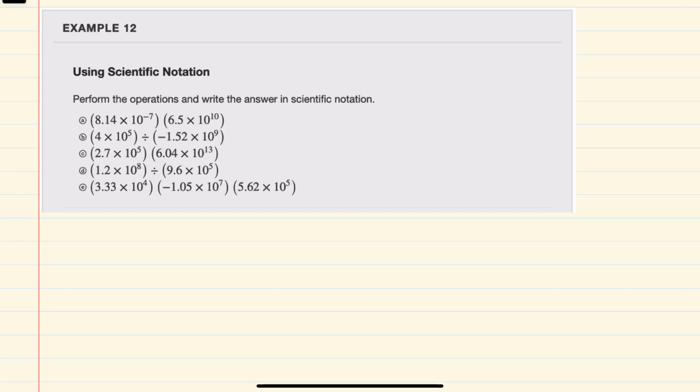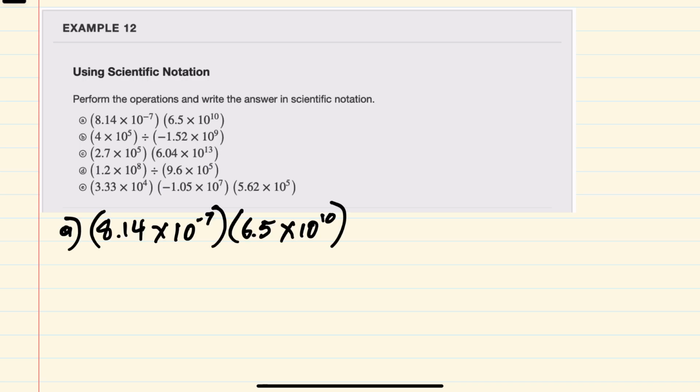In this video, I'll be helping you with a math topic called Using Scientific Notation, seen here in the OpenStax College Algebra text. We're asked to do either multiplication or division in each one of these examples of numbers in scientific notation form. Starting with example A, we can use the fact that multiplication is commutative to multiply the numerical